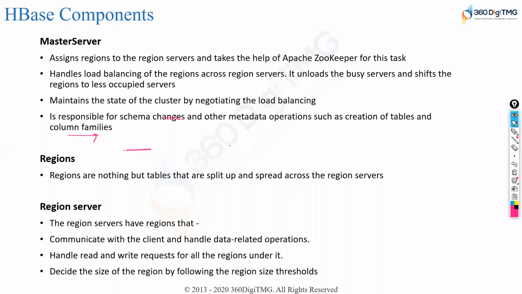As I mentioned, regions are nothing but tables. Okay, your data. Whereas region servers are the data nodes. These are the slave nodes on which you have the actual data sitting. So these are the servers where read-write operations happen. That means the tables get created. Okay, so we have regions. These regions are part of region servers.